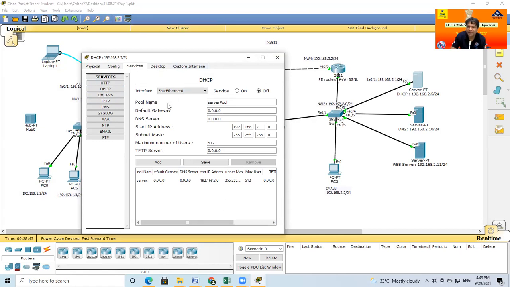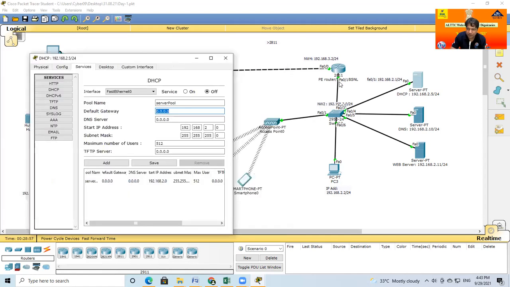But in real time, if you click on the shortcut icon, it just opens, and the first option is the default gateway. So you just put what the default gateway is in my diagram. This is the port that I modified: 192.168.2.1. This is the default gateway. Next button in the real world, but here it's a simulator. Next is the DNS server. In my network, a DNS server is also available, so I write down 192.168.2.10. What is the start IP?